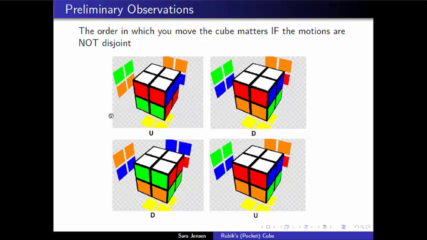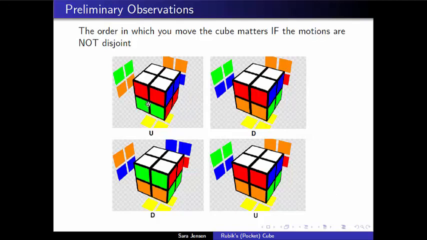If I first do an upper move on the cube followed by a down move, I will get the same answer as if I had first done a downward move followed by an upper move. And really the reason that this works out is because these two motions affect totally disjoint sets of